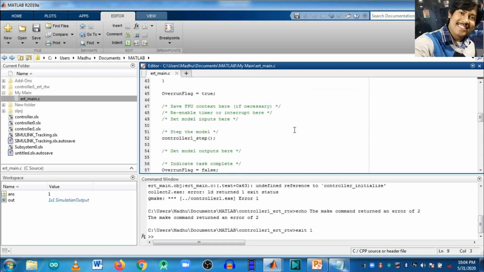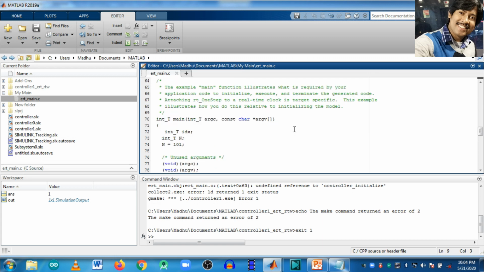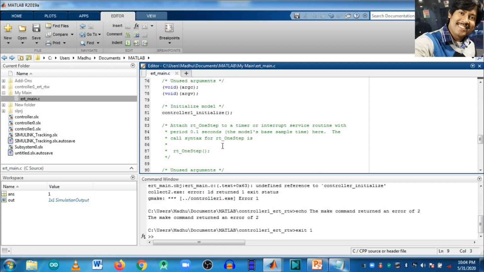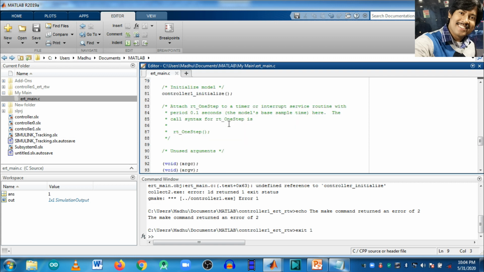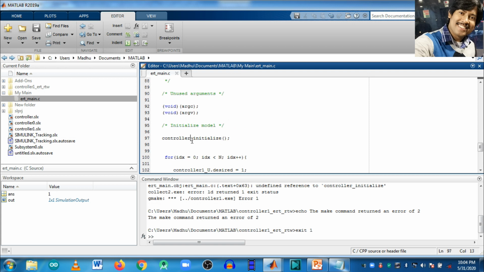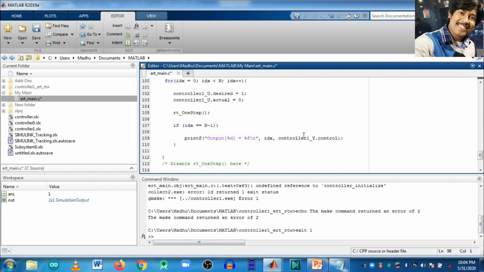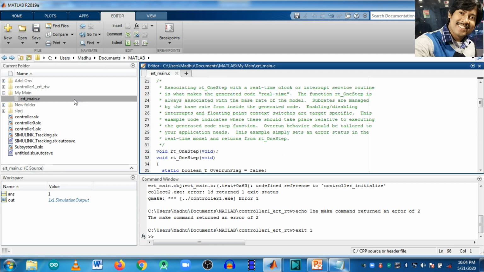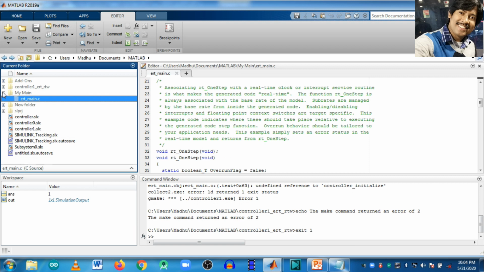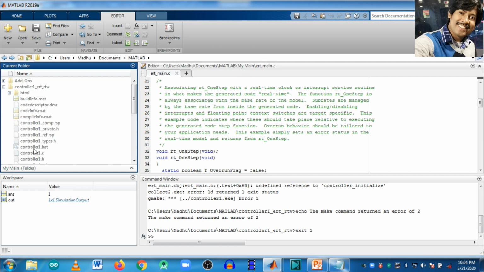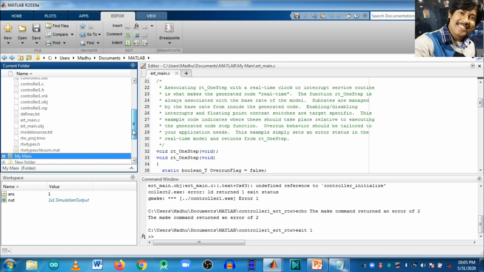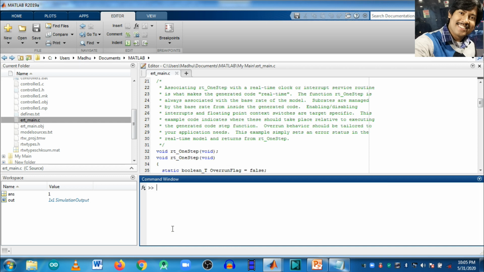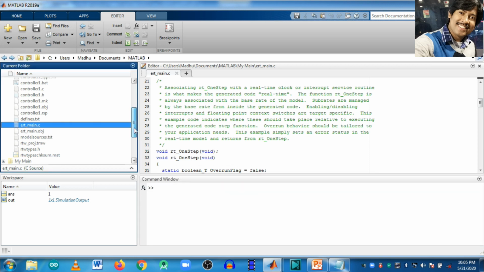Now here, controller initialize. This should be initialize controller 1. There is a mistake. So now it is okay. Now copy this and paste it in the main folder. Replace this.